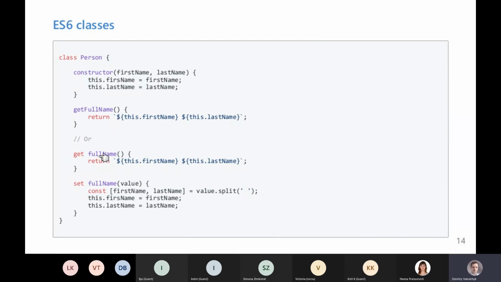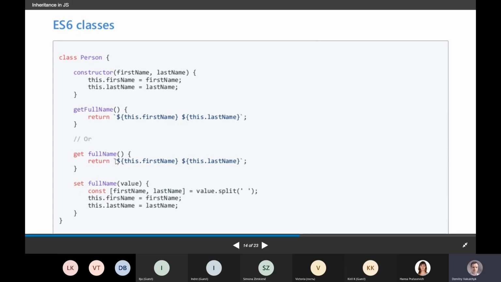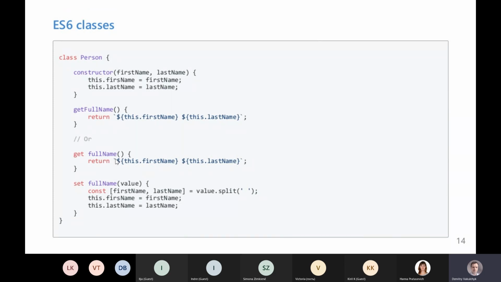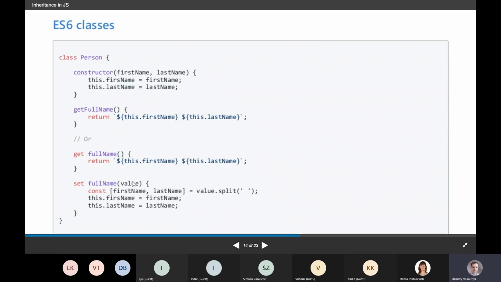It looks like a regular property, but under the hood, it calculates the value at runtime. And again, the same situation for the setters. For example, we can set full name, but under the hood, we split the string by a blank and assign the first name and last name to the object. So again, we'll get back to this during the live coding